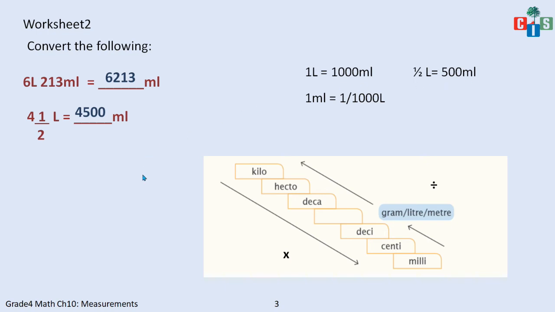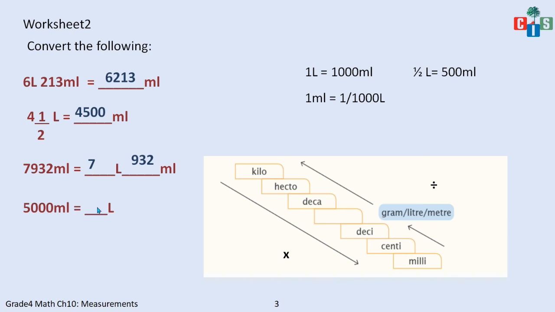Now let's have the other question which says 7932 milliliter will be equal to how many liters and how many milliliter. Fine. So it will be obvious because 1 milliliter is equal to 1 divided by 1000 liter. So here I will have 7 liter and 932 milliliter. Fine. Let's take the other example.